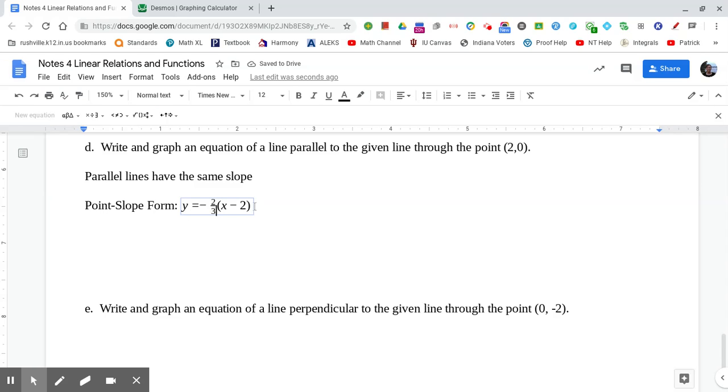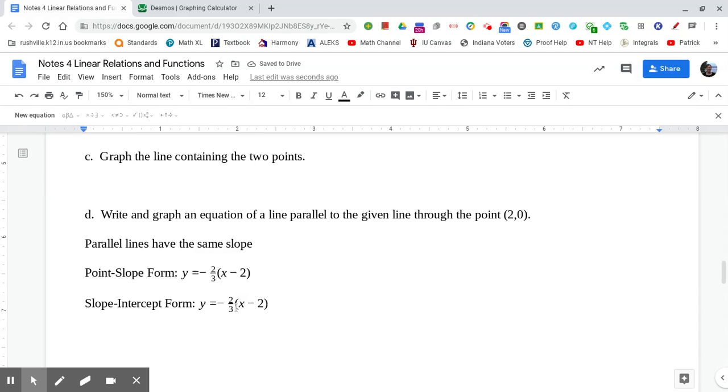If I want to, I could put this into the other forms. I don't think I'm going to put it all the way into standard form, but I will put it into slope-intercept form. So what I'll need to do here is get rid of my parentheses by distributing. So that means I'm going to have negative 2/3 x. And then I'm going to have negative 2 times negative 2, which is going to give me positive,